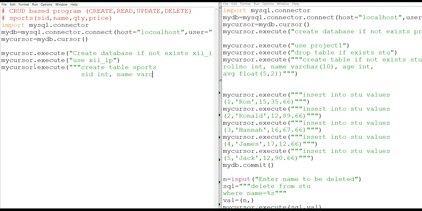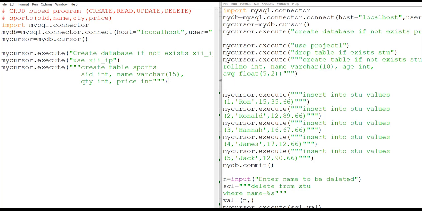We are assuming it is varchar 15. Then quantity, that we are assuming integer type, comma. Then the price, we are assuming again integer. You can take floating point type over here also, it is your choice. Then all the three quotes we have to close. This is what we have done.